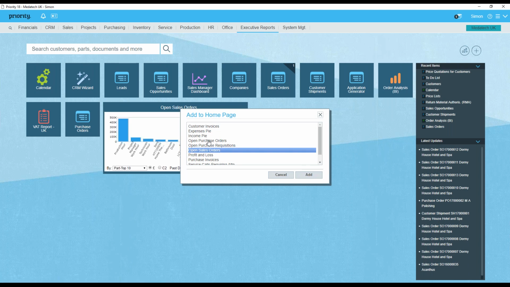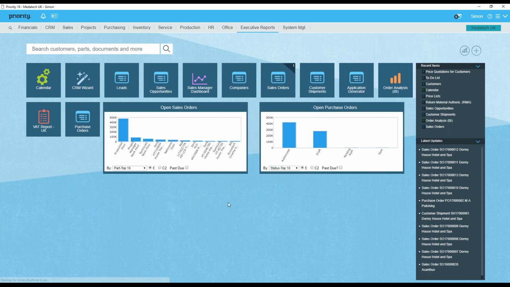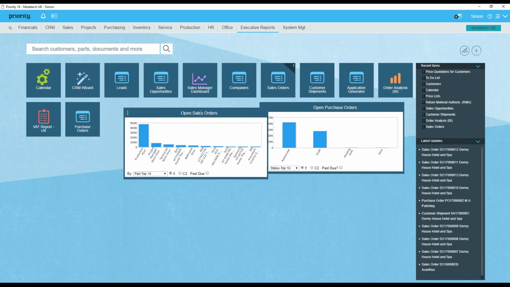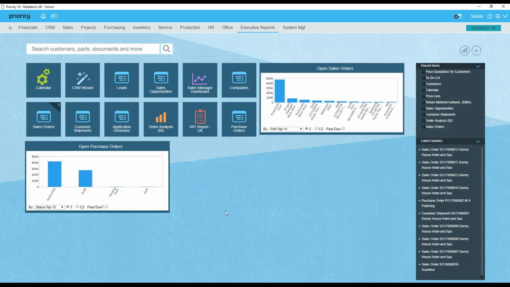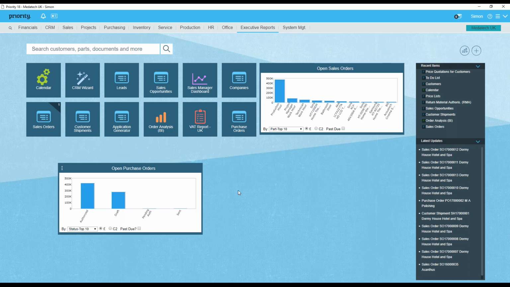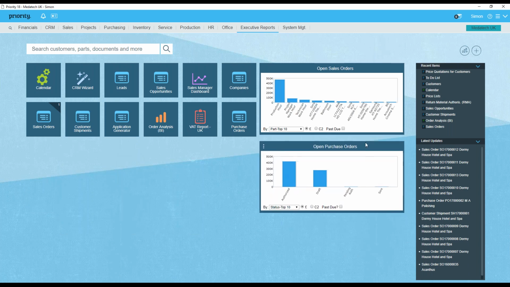We can open multiple portlets if required, and then we can move them around, and it will move all the other things along with it. They can also be dragged into a preferred location. And in here, the pull down allows me to select the search or the format. So let's say I want to look by the part top 10, and it would change the graph